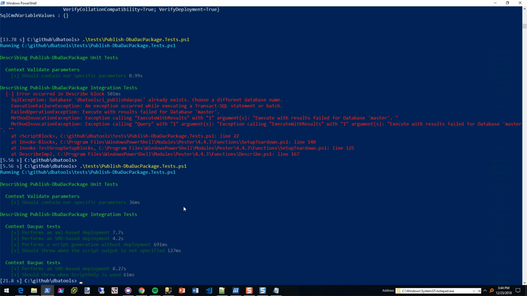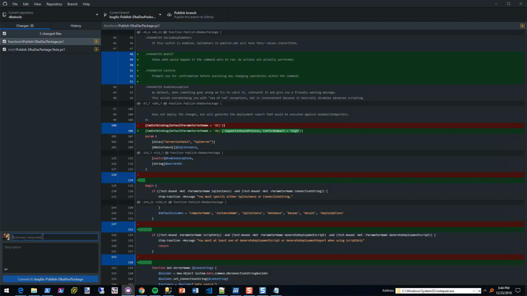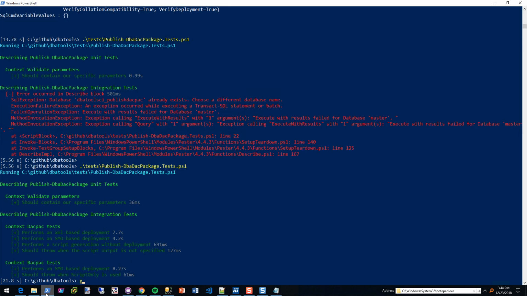All right, and now that it looks like it's pretty much done, I'm going to go back here to number 4824. Before I do that, I'm going to use G, which is Invoke-DbaFormatter. It formats it to ONSB.